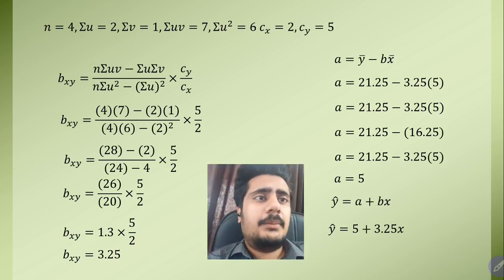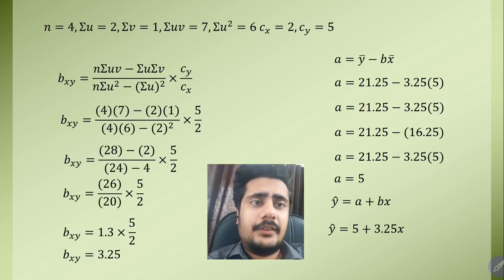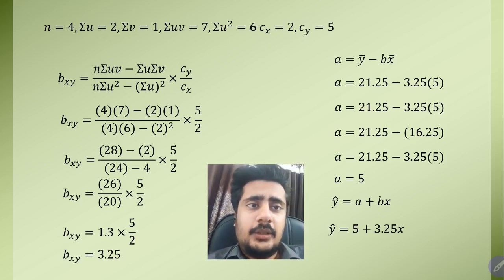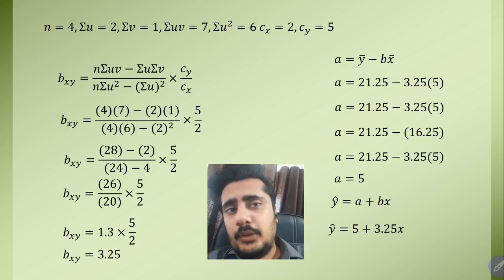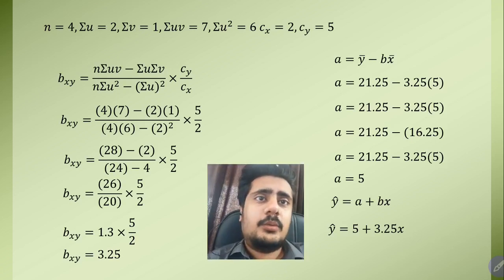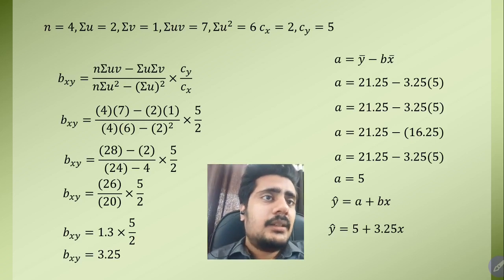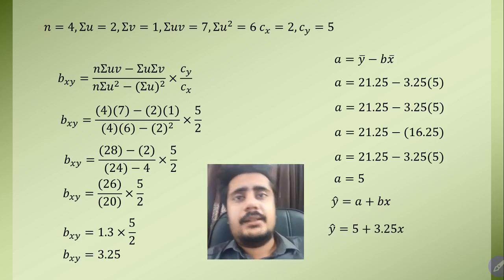So a is y bar minus b x bar. What is y bar? You know how to find y bar? Take the calculator and find. It's total of y upon n. What is total of y? You can see in the question, upon n. What is n? n is 4. So as you will find y bar, it's 21.25 minus